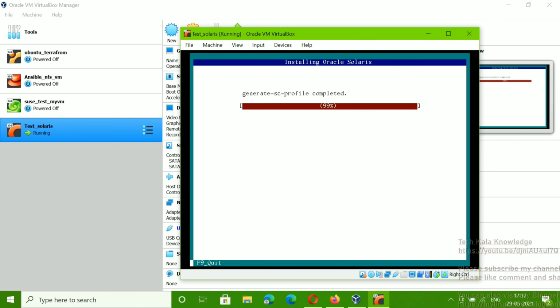So basically, I can say it will take half an hour to install. If you count all the times, it will take half an hour to install Solaris. Whenever we are installing Red Hat, CentOS, or Ubuntu, it takes like 10 to 15 minutes. But in this case, with Solaris, it's taking half an hour total for the installation to complete.